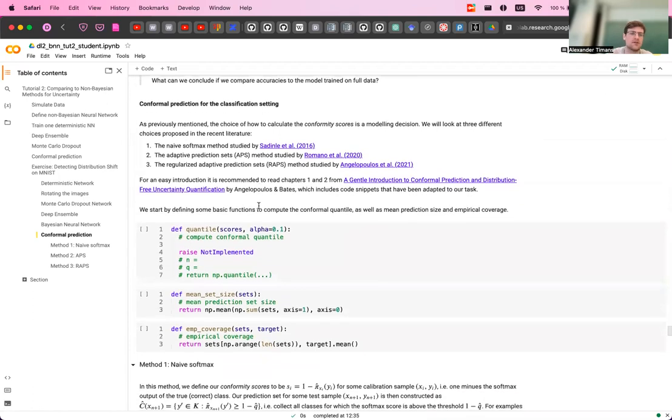All right, and so now in this section, we look at 3 different ways to compute these scores. If you remember in the first example, it was just the absolute deviation between prediction and ground truth. For classification, now you have to work with these softmaxes, and you have to use them somehow to specify how your predictions relate to your ground truths on this calibration data. There's no single answer to this. So there's 3 methods from 3 different papers that I wrote down in here, which is naive softmax, adaptive sets, and a regularization of adaptive sets. So this is from last year,